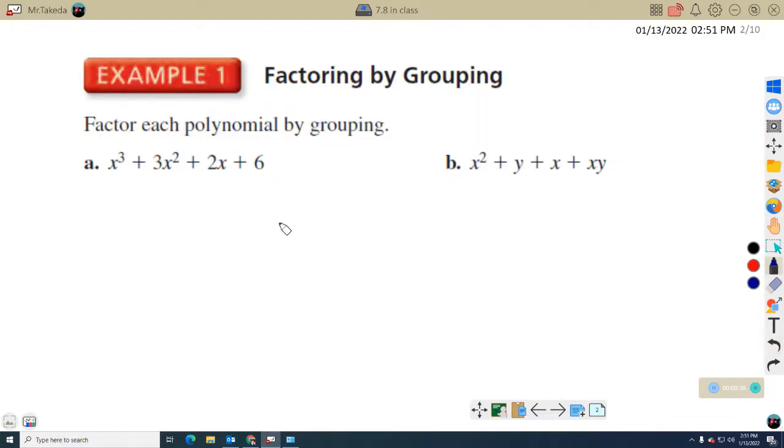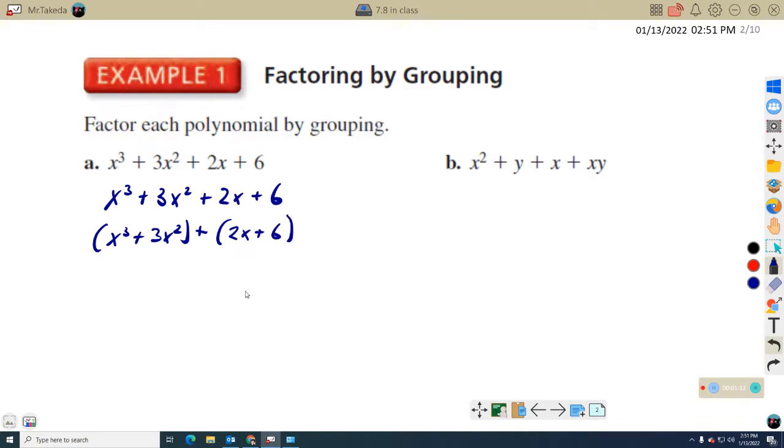Factoring by grouping. How do we solve by factoring by grouping? This is something new, and this is what we're going to use for a lot of the four-term polynomials, such as this one. The idea here is we're going to split this into two separate binomials, and typically it's going to be the first two, and then we're going to add to that. It's always going to be an adding, so you have to watch your signs in here. And now the idea here is that we're going to factor out a common factor from each of